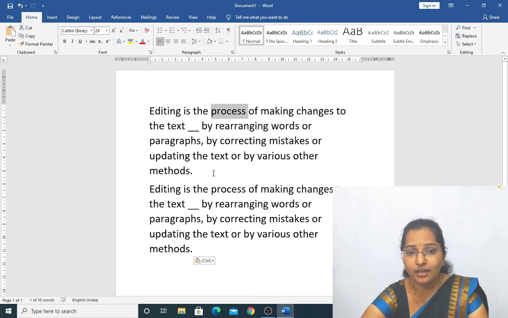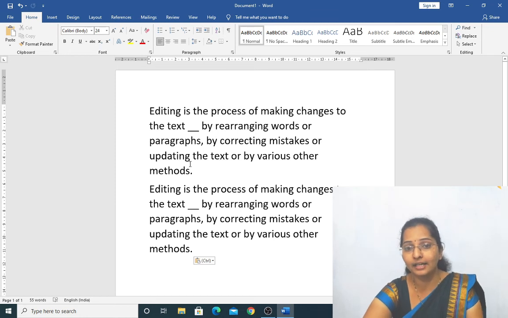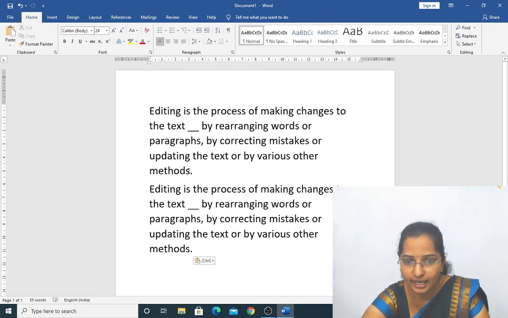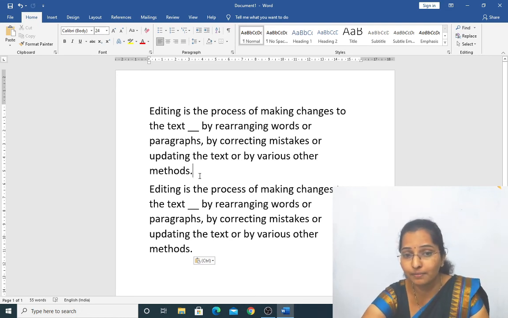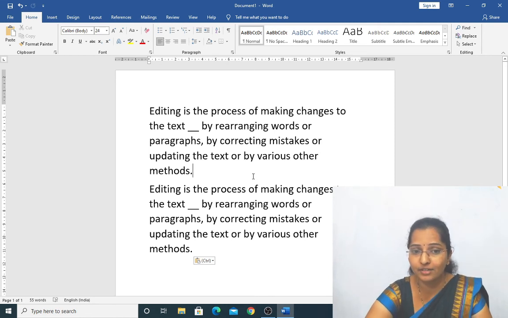Now, if I want to select the word on the left side, how to select? I'll click here. There is no word on the right side of methods because we have a full stop here. Now I want to select the word methods, but it is on the left side. How to select?